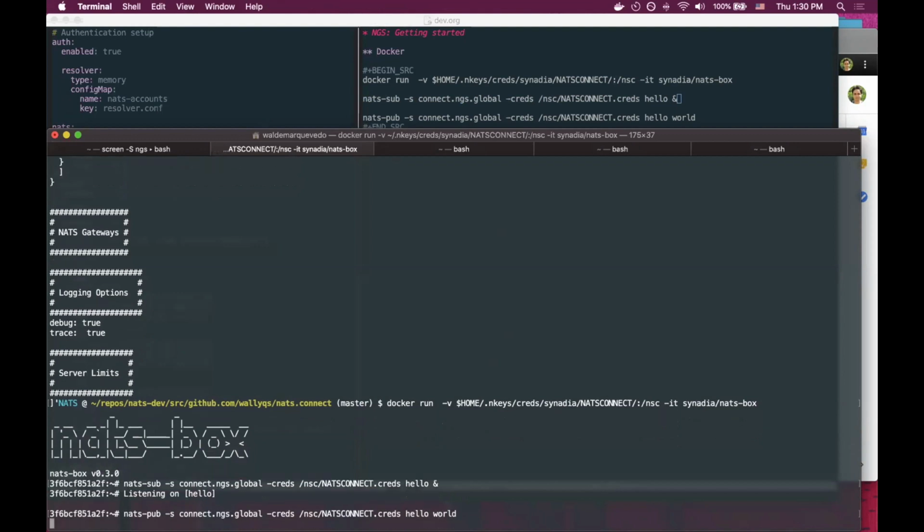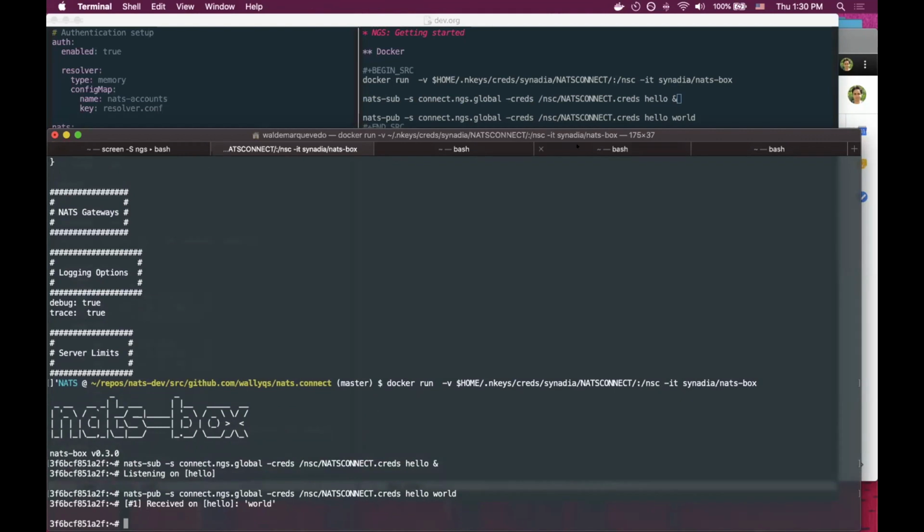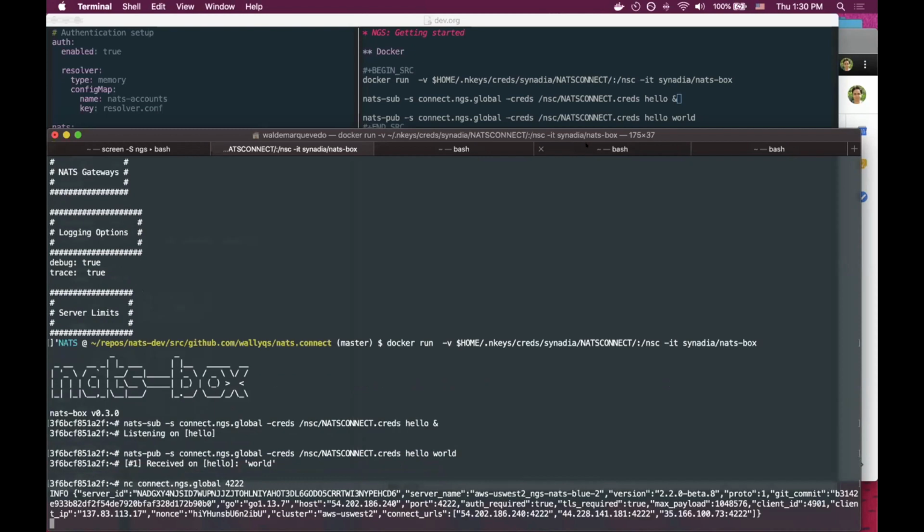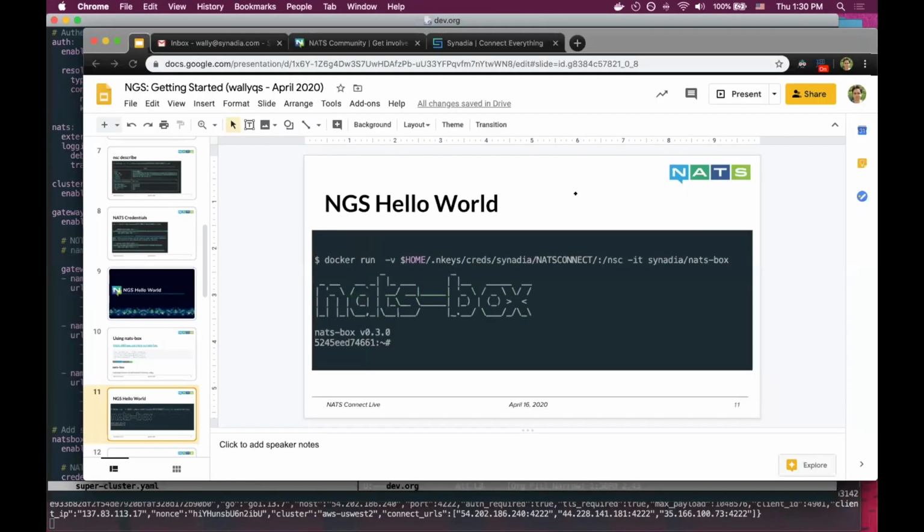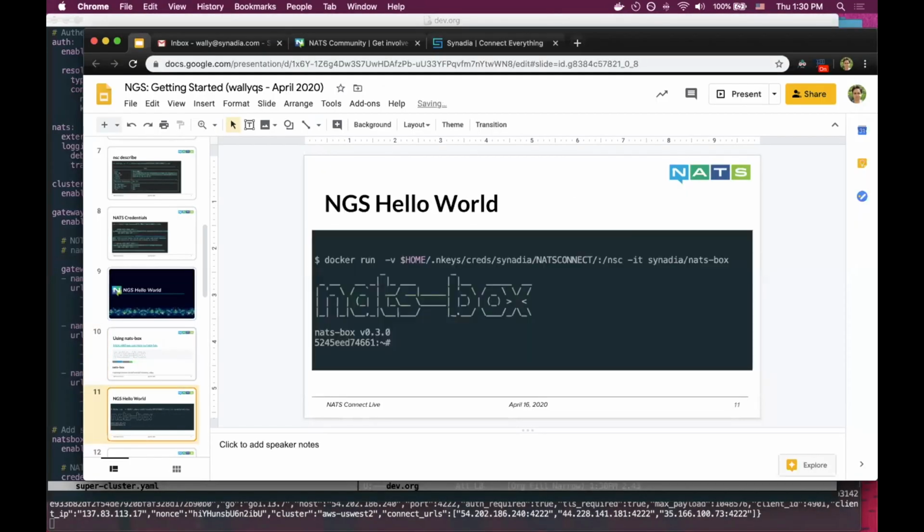Hello world. This is going over the supercluster, and in this case, since I'm in San Francisco, it will be against the AWS US West 2 region. So yeah, quite easy to get started with